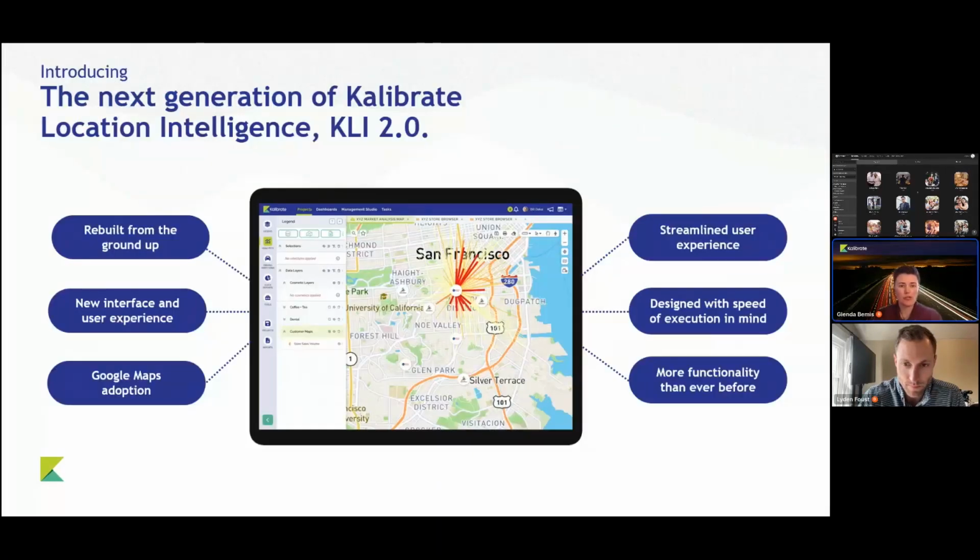For those folks that were on the KLI 2.0 launch a few weeks ago, this slide here is probably familiar to you, but I did want to add this into today's conversation as a reminder for the exciting new KLI 2.0. It is a complete rebuild of the Kalibrate location intelligence solutions. KLI 2.0 provides a user experience like no other. So in a little while, I'll provide a demo of Spatial AI's PersonaLive data inside KLI 2.0. That said, I'm going to hand it on over to Leiden.